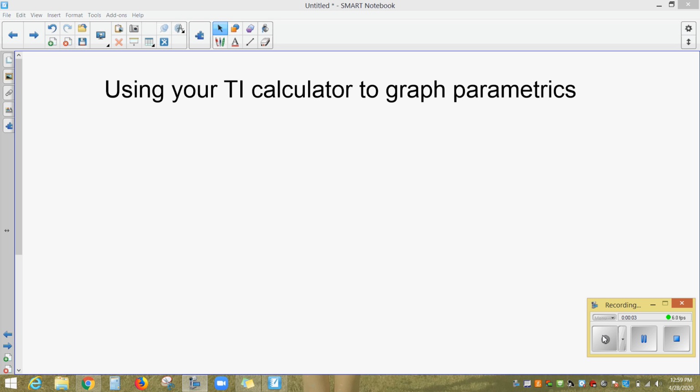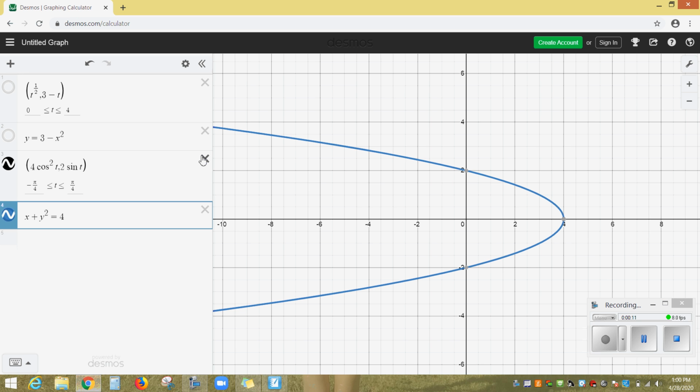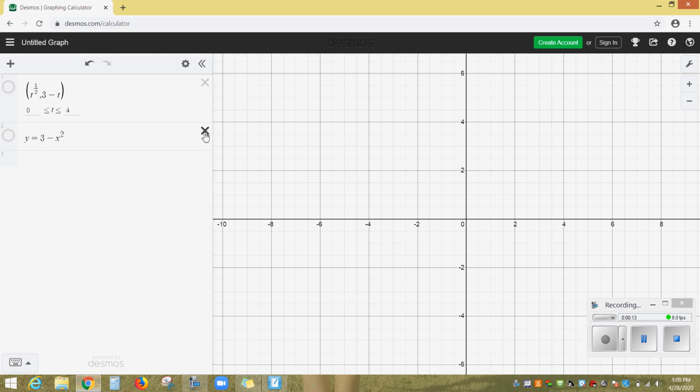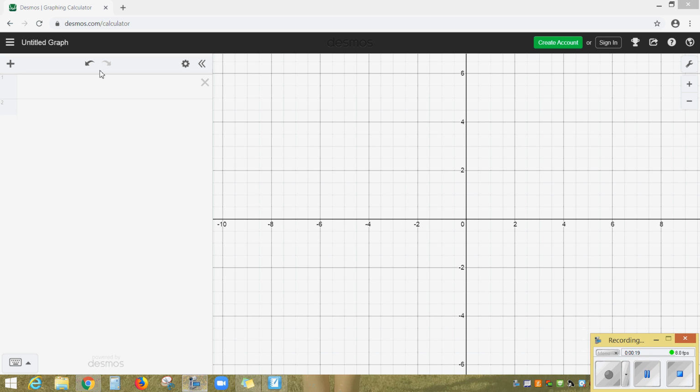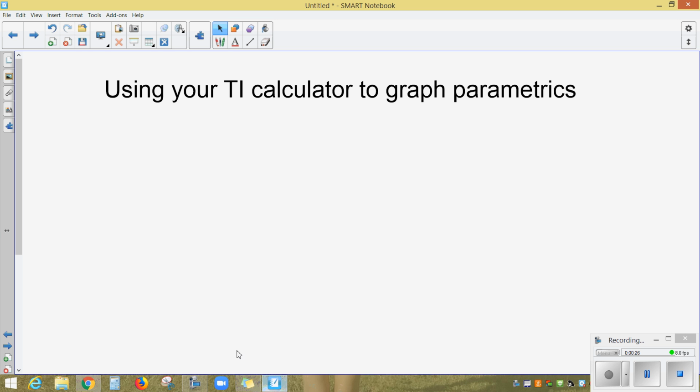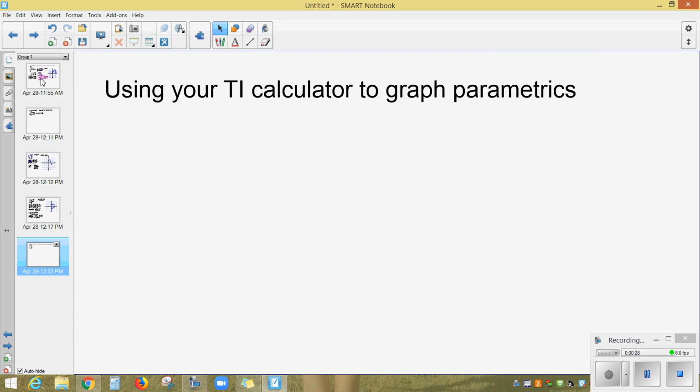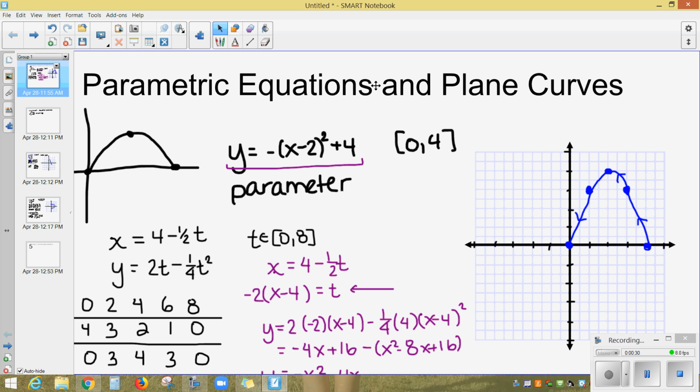Alright, so I'm going to try to help you without being able to show you how to use your calculator to graph parametrics. Now, if you'd rather use Desmos, I know a lot of you are really comfortable with it, with your TI calculators, but if you don't have it handy, or if you just want to play with Desmos for some reason, then if we go back to this first example